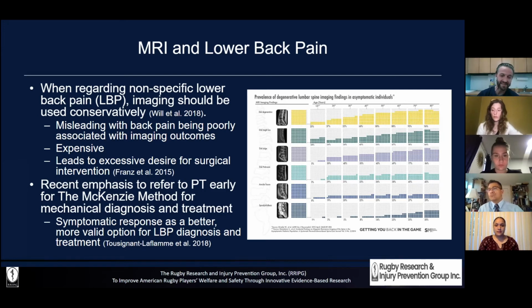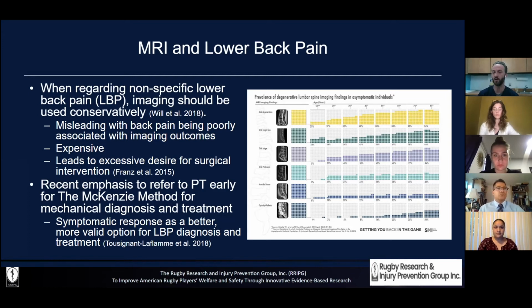So I think it could be problematic. An MRI is a really good piece of the puzzle, but when you think about the amount of abnormalities in the normal population that are on MRIs,